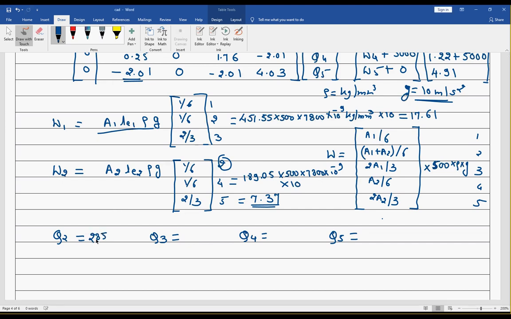So 2850 into 10 to the power minus 5, of course, 1466 into 10 to the power minus 5, 9437 into 10 to the power minus 5, and 6130 into 10 to the power minus 5, and all units are in mm. So do verify if these are the answers.